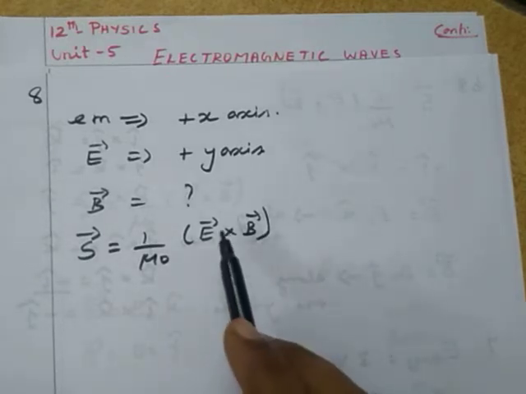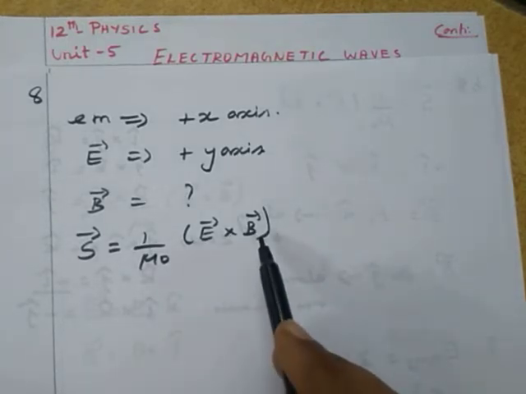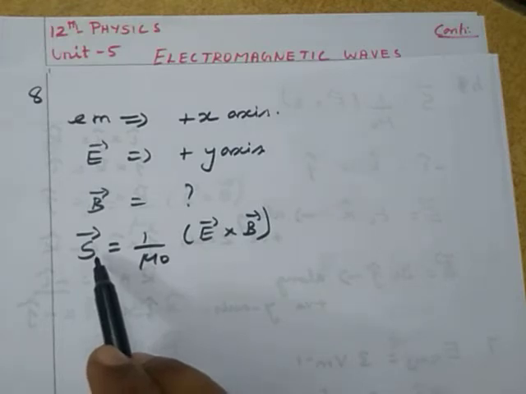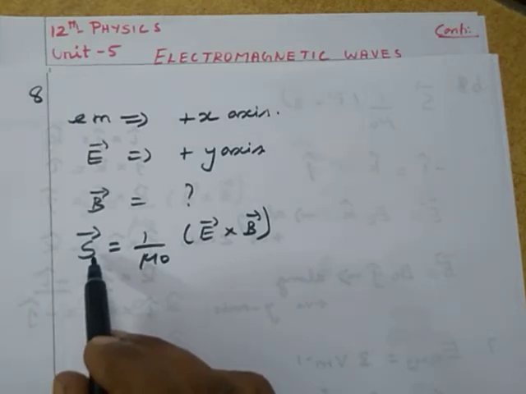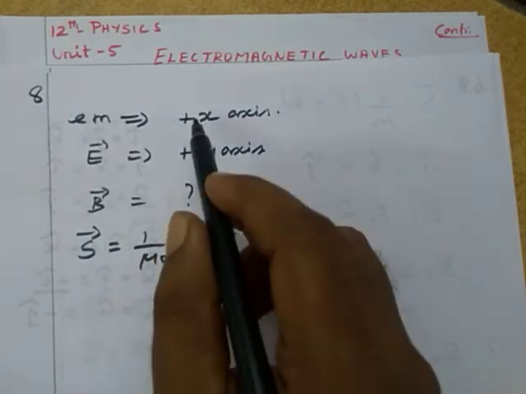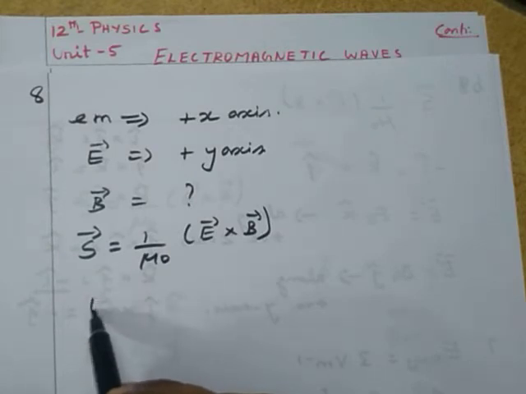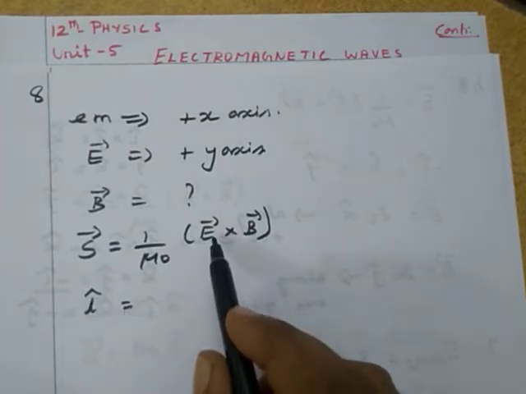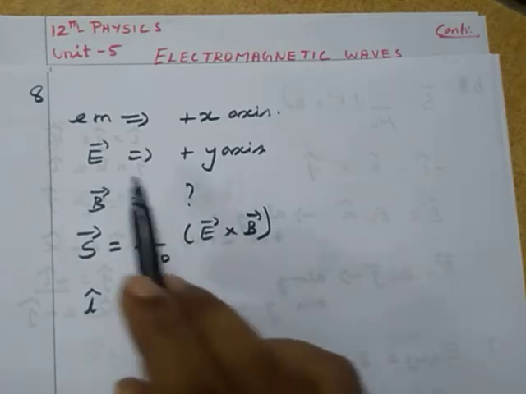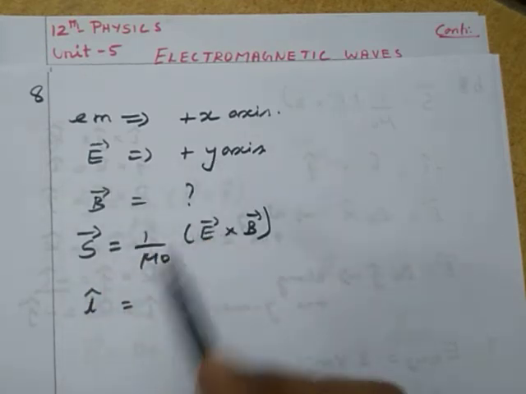The cross product of electric field and magnetic field gives the direction of propagation of the electromagnetic wave. Here S vector indicates the direction of propagation, that is positive x-axis, denoted by i cap. That is equal to E vector, the direction of electric field, which is in positive y-axis,